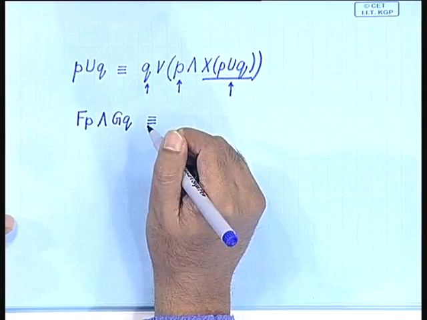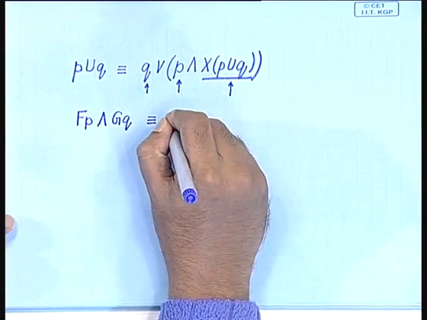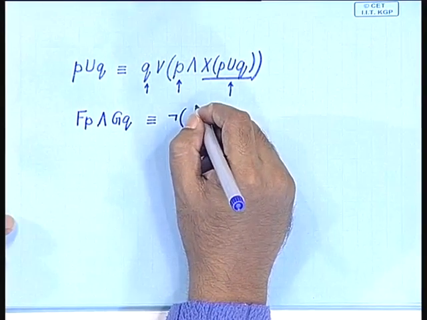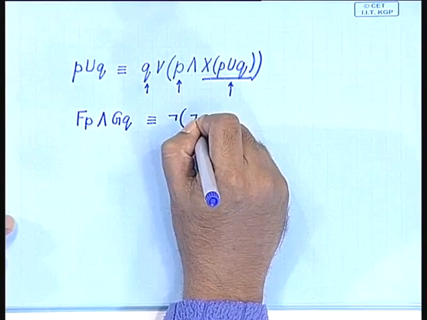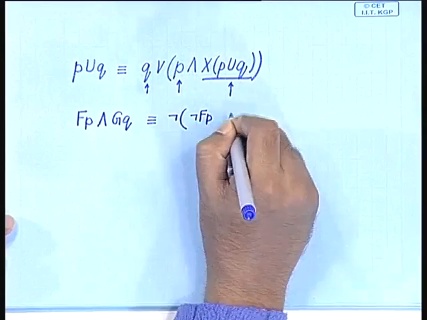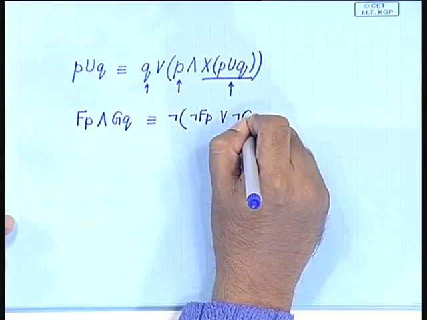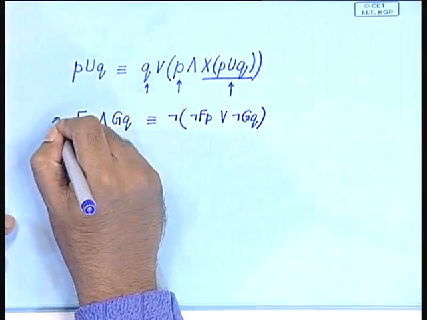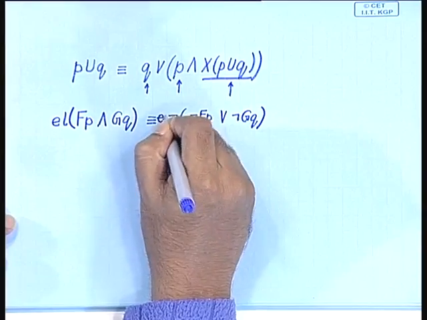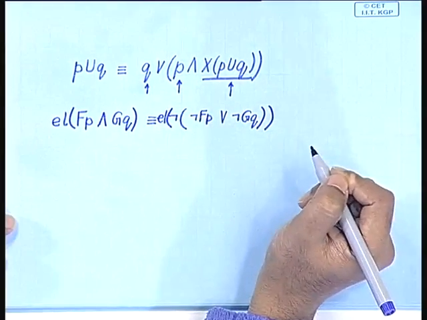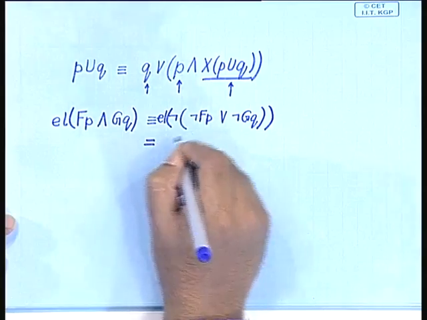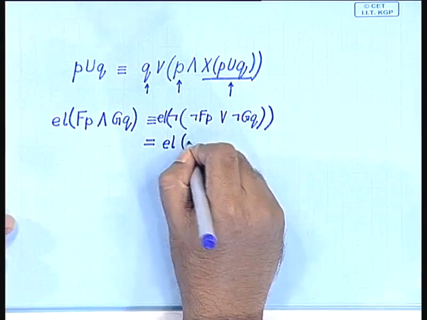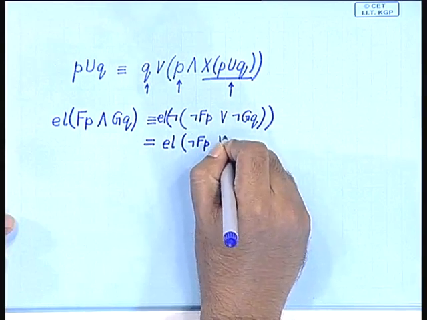So, we first use De Morgan: not F p, or not G q. Now, the elementary subformulas of this are, see, not, we do not care. So, it is not of F p or not of G q,